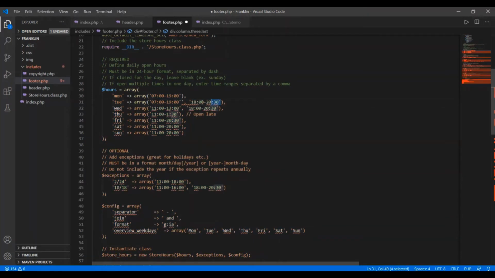You don't need this time, so close this, and here again I'm just going to copy the same, using Control V. It's again the same time, Monday to Friday having the same time.